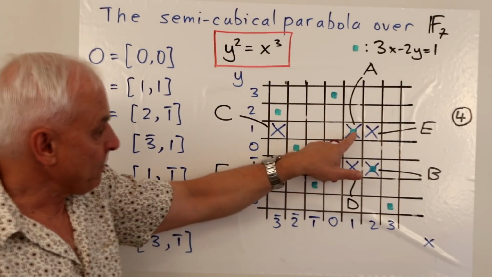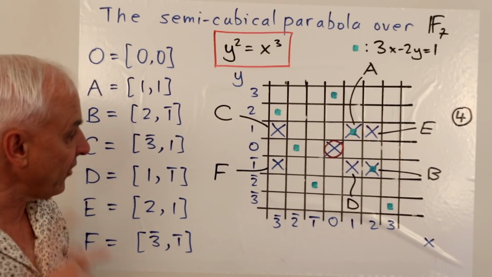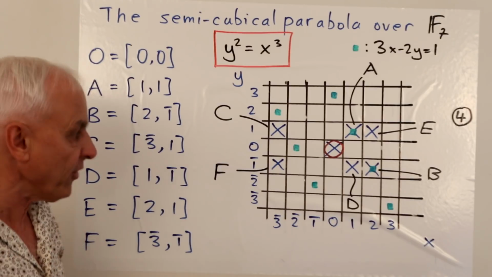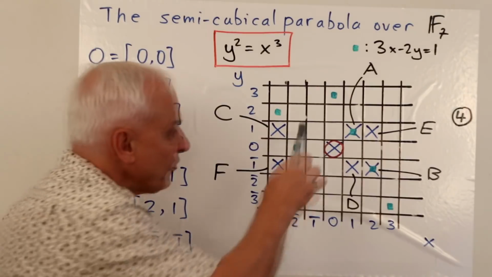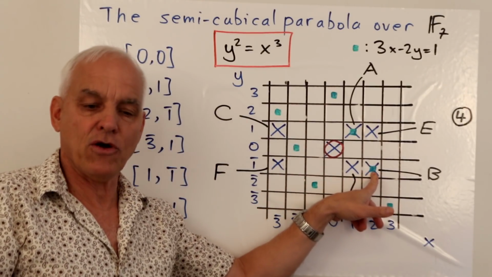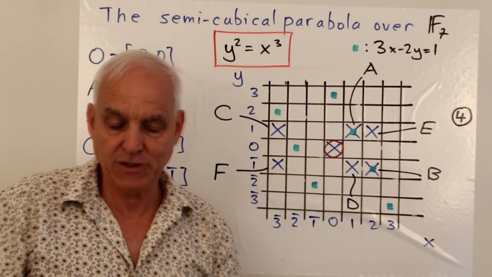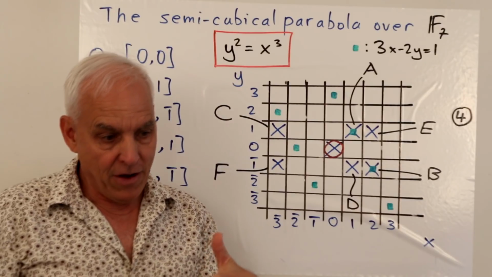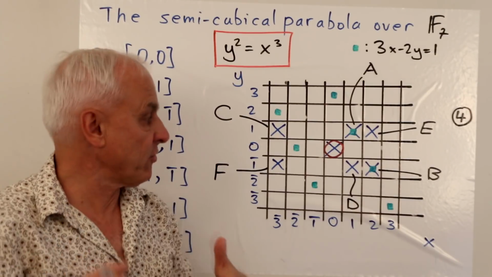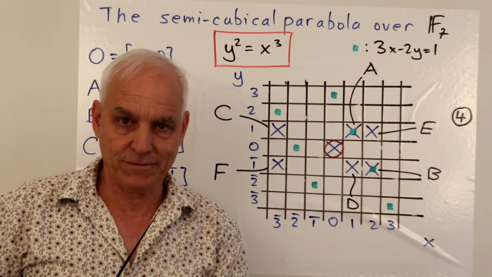So that's the tangent to the curve at A, and I just want to observe at this stage, and we'll remark on this for later, that this tangent also happens to meet the curve at another point, which happens to be B. So the tangent at A also happens to pass through B, but it doesn't pass through any of the other points on the curve.